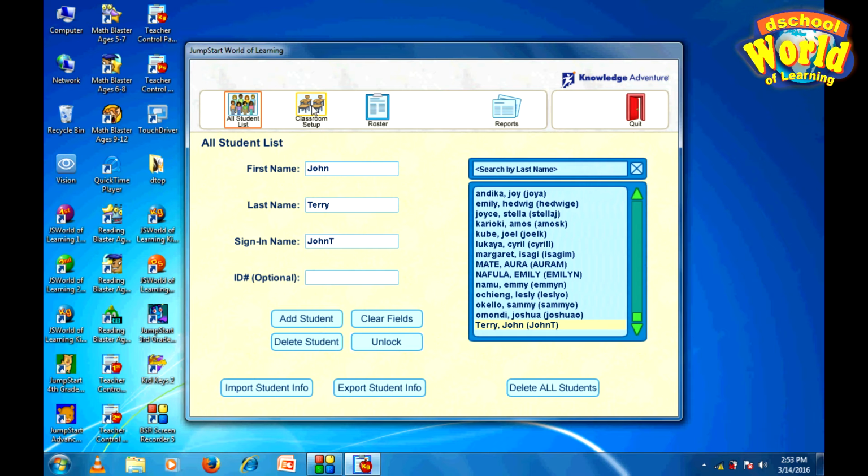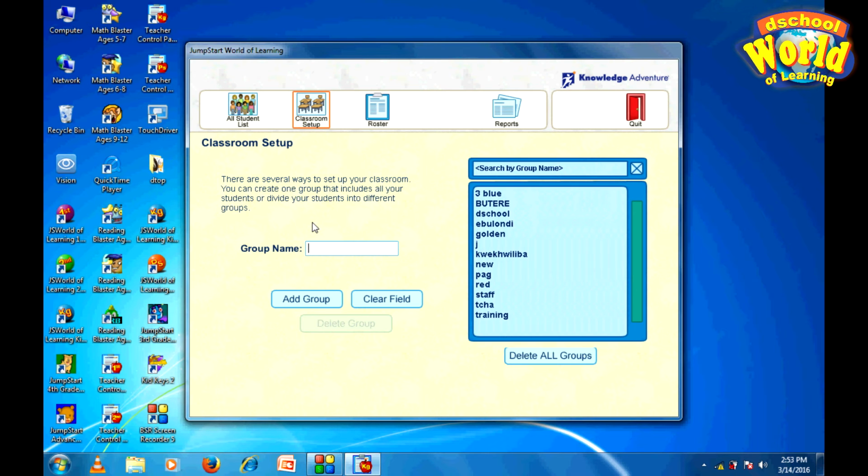After that, click on the classroom setup. Now here is where you set up the classroom. If you have several streams in the school, you can say class 2, 3 blue, 1 yellow, 2 red, 2 white, and so on. If you have one stream and you have students in different groups, here is where you can put them in groups. Give them different groups according to how you wish. There are those who say lion group, leopard group, apple group, Bluetooth group, and so on. So you type in the name of the group. You can say group Jerusalem.